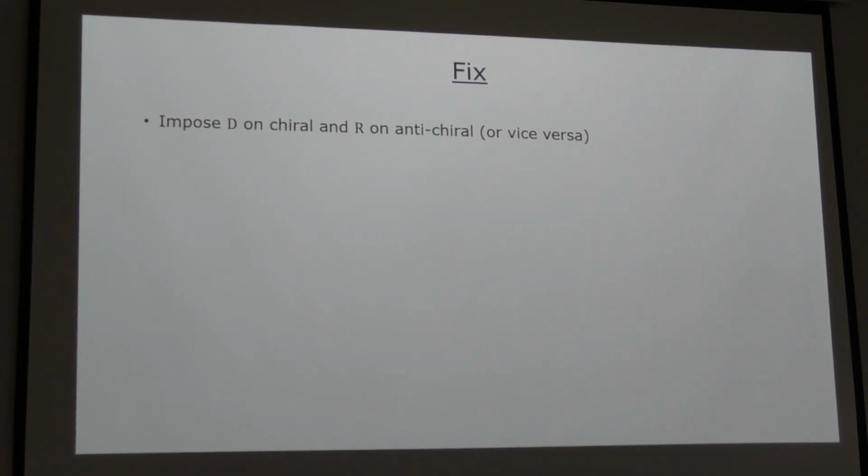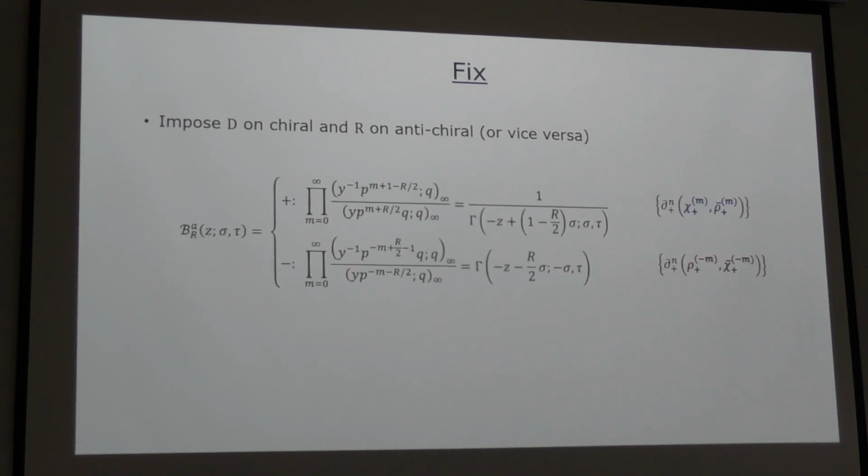And the way to do that is to impose opposite boundary conditions on the chiral and the anti-chiral. That takes out from the chiral state the positive J-freedoms, and from the anti-chiral also the positive J-freedoms. So if I impose boundary conditions like this, I get contributions, say, from the left-moving fermion and a left-moving boson. But I'm forgetting about the complex conjugates. So that's the fix that I impose by hand. And when I impose that fix, I precisely obtain